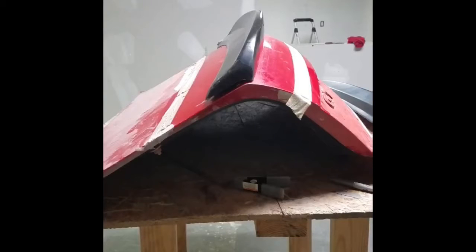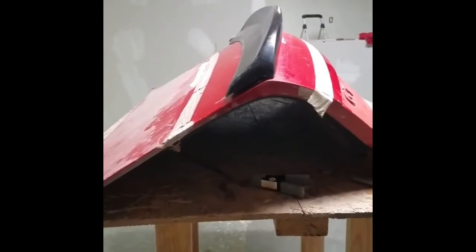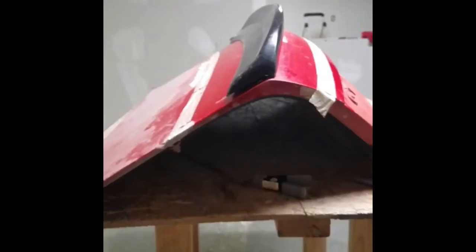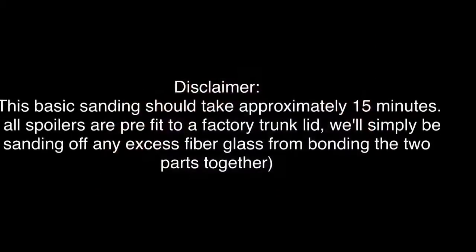The first thing that we'll do is go ahead and clean up the outer edge of our spoiler. If there's any raw glass on the edge that could cause us to get stuck in the finger, we'll go ahead and clean that off now, just so we have an easier process. So what we'll do here is if we see anything, a small little spot right here, we'll take the razor blade, just run along that and chip it right off. This doesn't affect the outer edge. We're just cleaning up the bottom edge so that we don't get stuck when working with the part. Once we've done this,